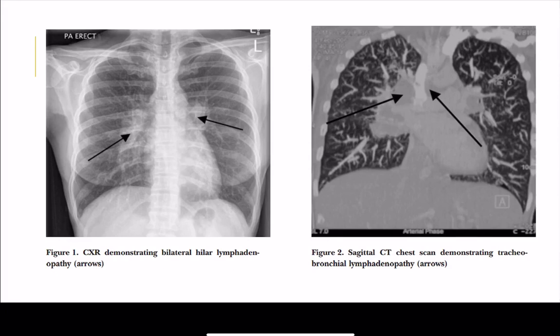She had imaging done, and her chest x-ray showed bulky bilateral hilar lymphadenopathy, basically bilateral enlargement of her lymph nodes. And the CT scan shown on the right confirms the finding of enlarged lymph nodes. Now, I provided these scans so you can see these images. This would not be a testable question. I wouldn't expect you to be able to identify enlarged lymph nodes on either a chest x-ray or a CT